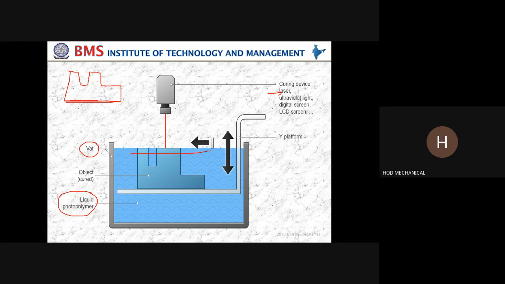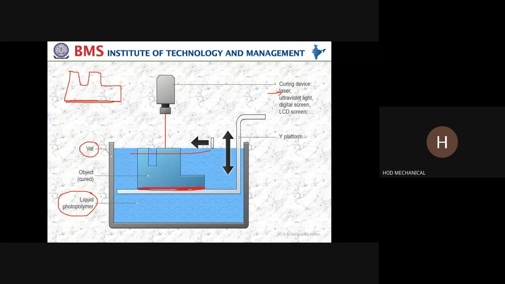Light starts to fall on this, then on this. Light will fall from this point to this point. Therefore, one small thickness, depending upon the thickness, you are going to solidify. Once this is done, what are you going to do with this platform? Are you going to take it above, or come down? Once the first layer has been created, you move the platform down by an amount equal to the thickness of the slice.